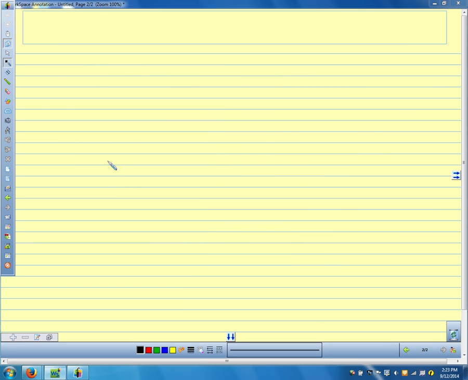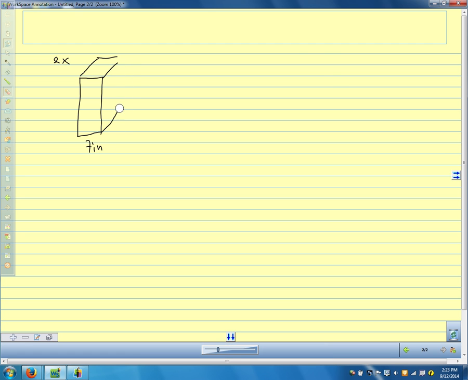All right. Well, let's say we have a shape, a box, and we want to draw a net with dimensions. So here's my box, and we'll label some sides. I know this isn't to scale. This is 7 inches. Let me make this a little smaller here. This is 2 inches, and it's 12 inches high. And we want to make a net for this